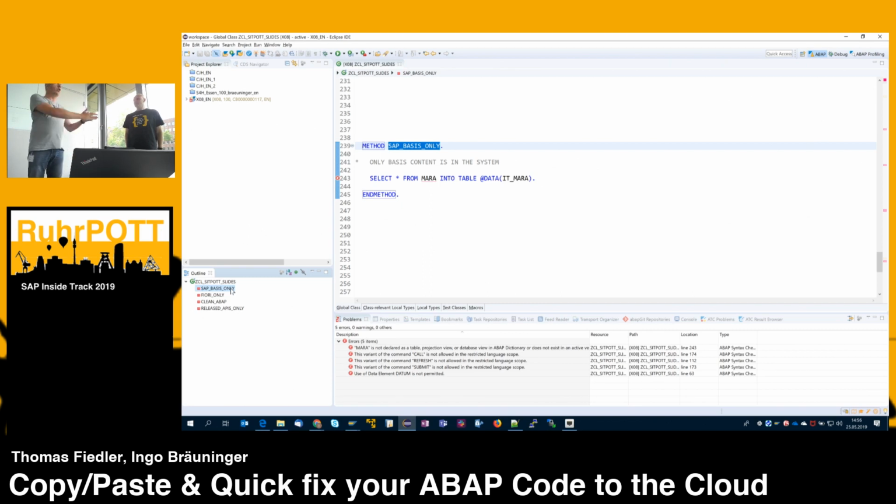Let's assume Ingo is the S4 system and I'm the cloud platform, and I want to have some data from Ingo. What do I have to do? I have to ask him. Right? So communication is very important. Ingo, give me the data of the materials. It's not just that I take the data out of him. Exactly what Gregor said: APIs are very essential in that case because you need the data.